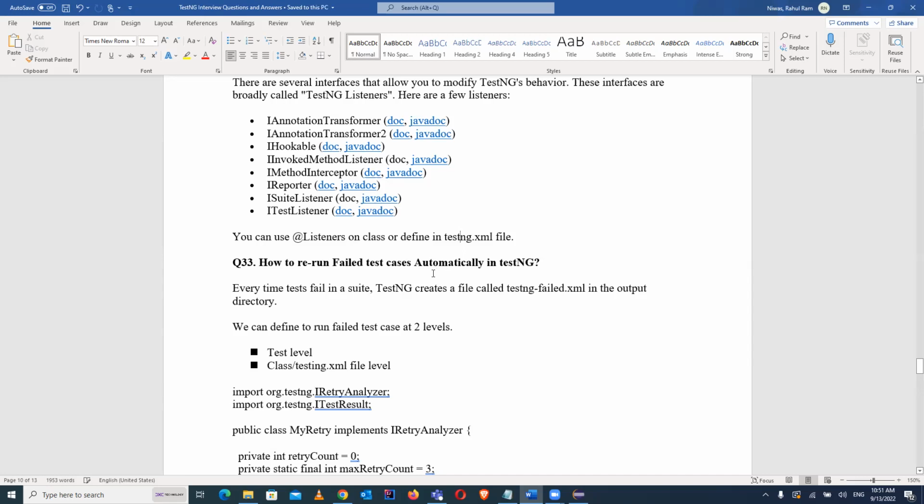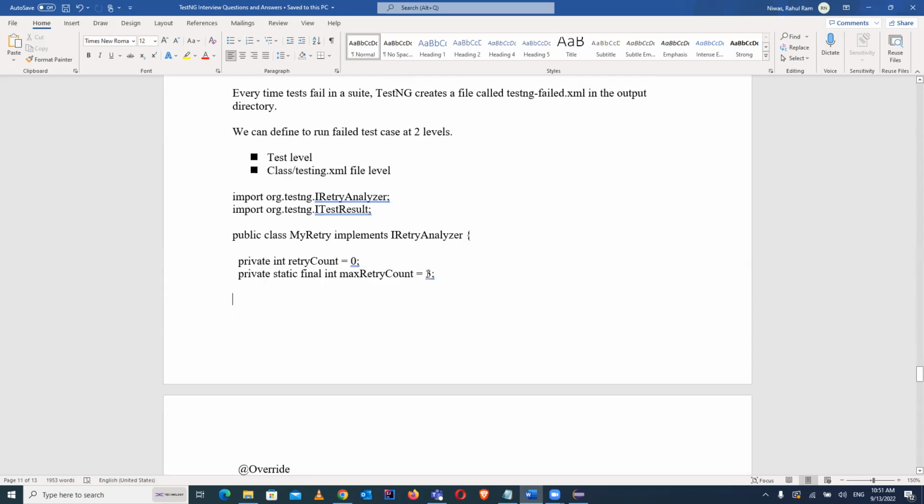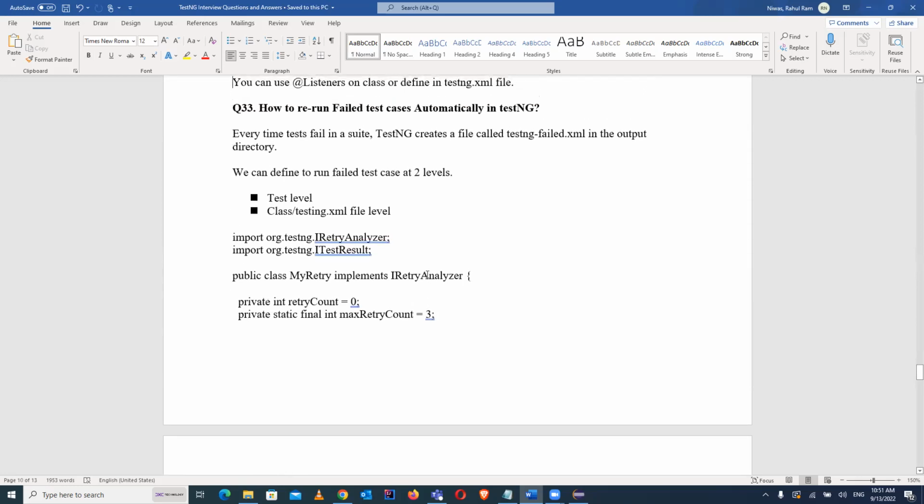So you can specify that also, guys. Okay, now the most important question, definitely they will ask you guys, how to rerun failed test cases automatically in